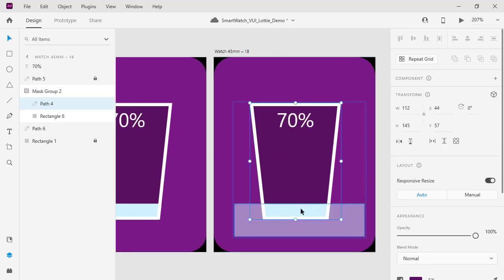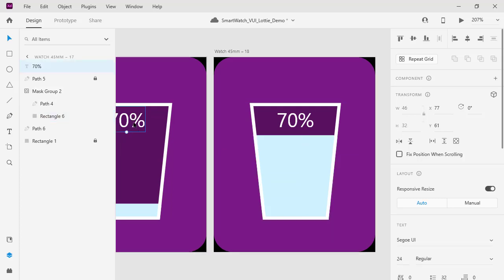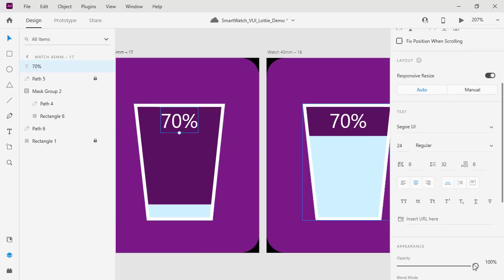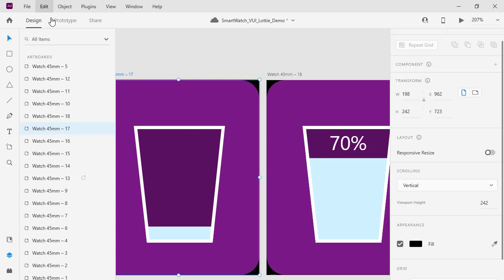The way that I'm going to do that is just grabbing this content, making it larger, and it goes up to about 70% of the glass. And so what we could do on the other end here is make that percentage just sort of fade in while the water animates in. And so if we take a look at what that would look like, what we would do is simply